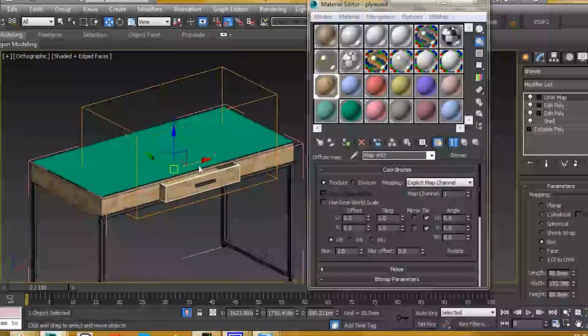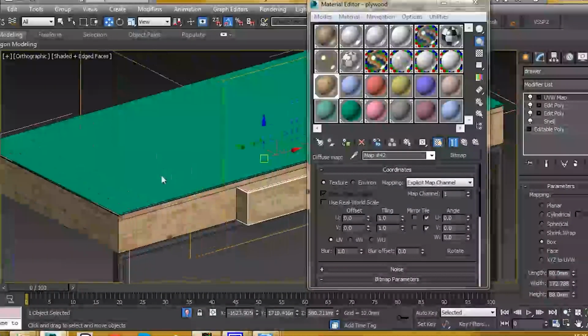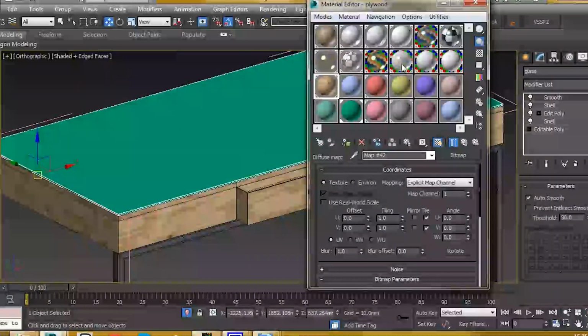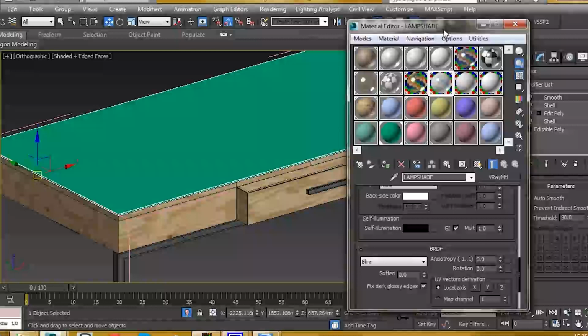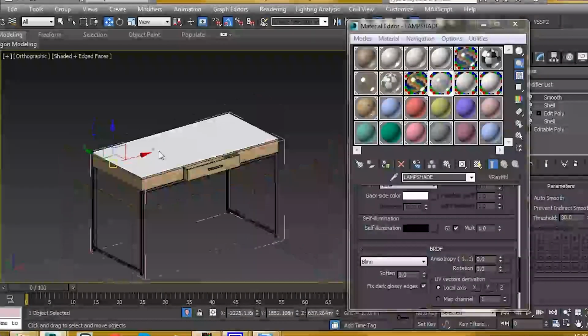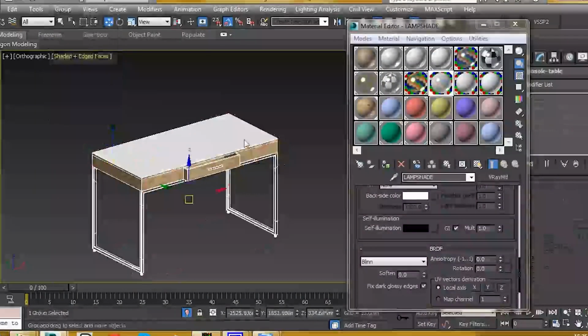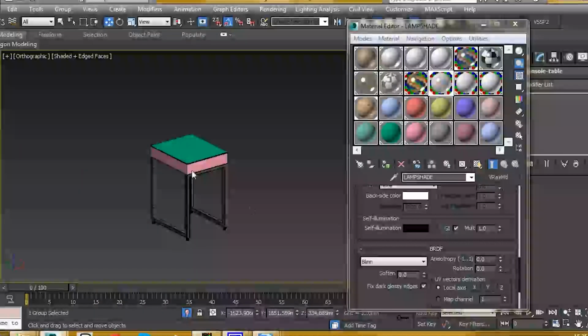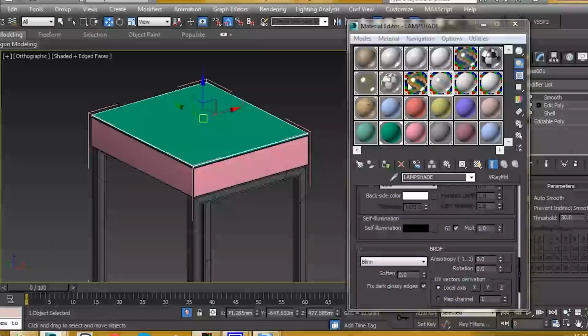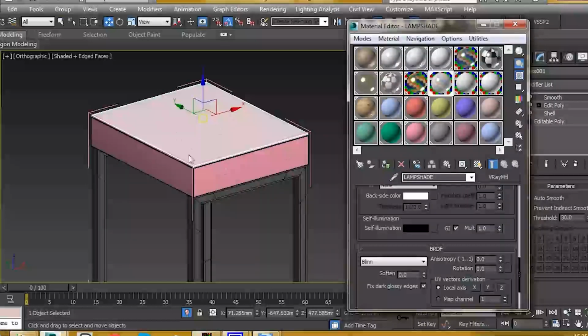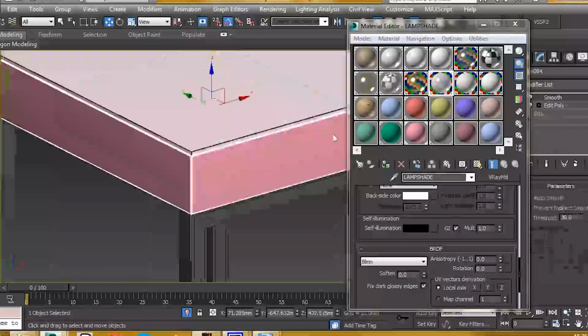That's looking pretty good. So for the glass top for the table, we're just going to apply the lampshade material created in the previous lessons, and just apply this. So we'll do the exact same for the side table. Just apply the lampshade material to the top for the white glass, and the plywood